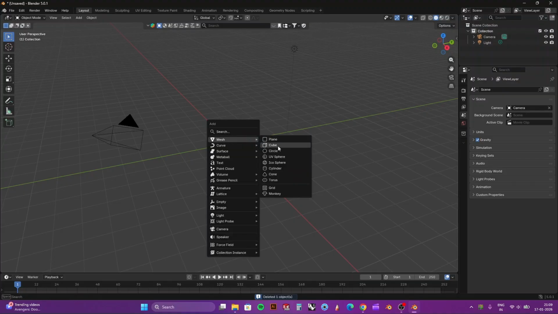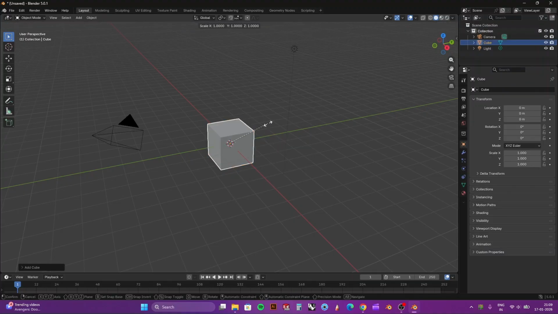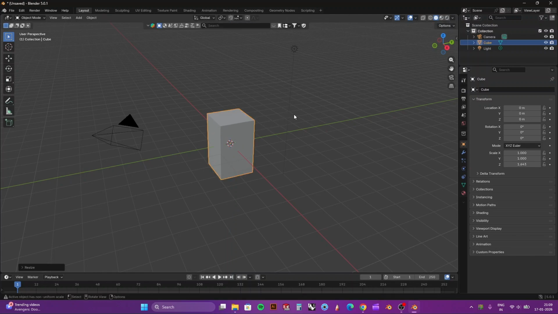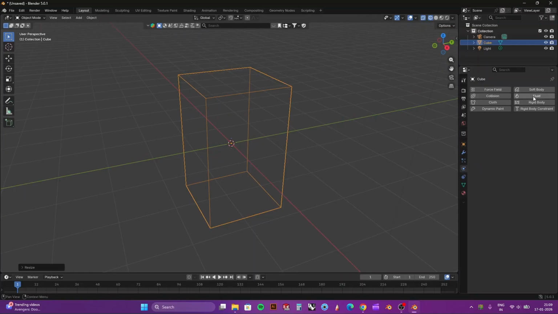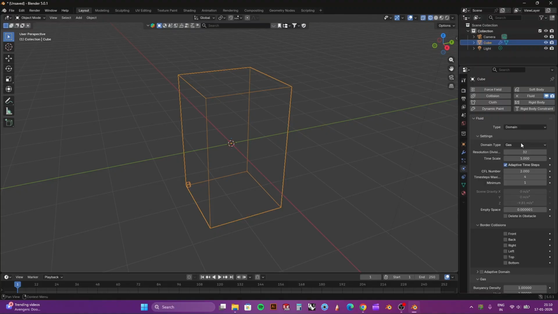Now we will press Shift A and we will add a new cube. And after selecting the cube, we will resize the cube in Z direction. And once you select the cube, go to the physics tab, select the fluid, select the type to domain, then domain type to liquid. And just because this is a slow motion water simulation, we need higher resolution, so we'll go